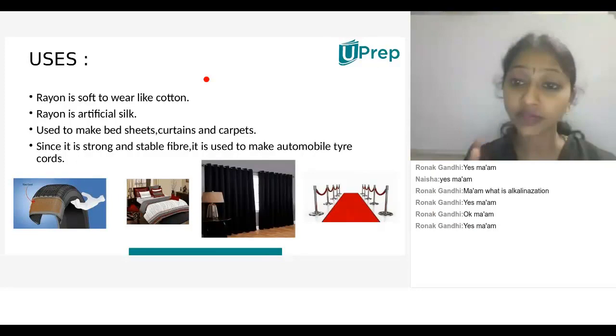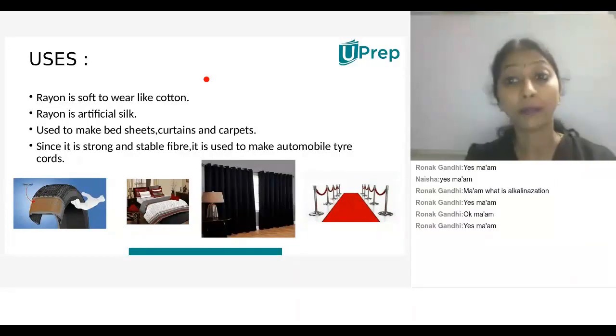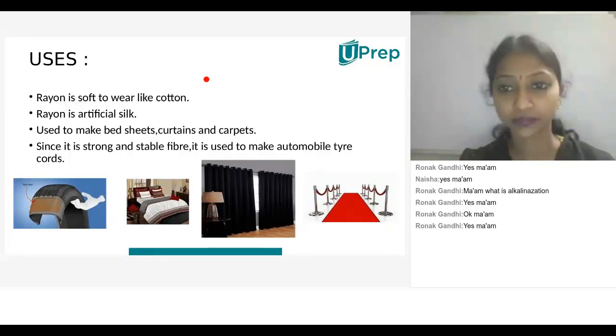Why? Because natural fibers will always absorb moisture. So when we wear silk, it absorbs light. During evaporation, we'll feel more comfort and cool. But when we are wearing synthetic fibers, we'll feel a little more warm. Why? Because they won't absorb moisture or sweat. Understood?